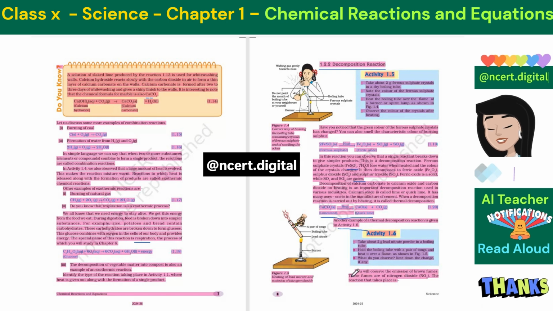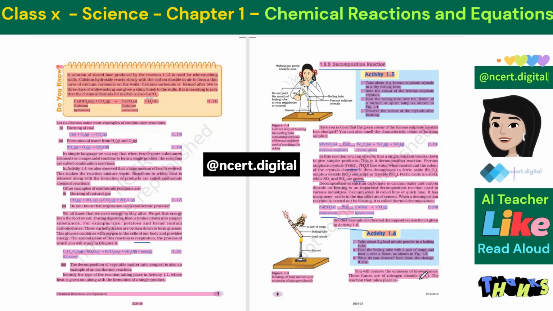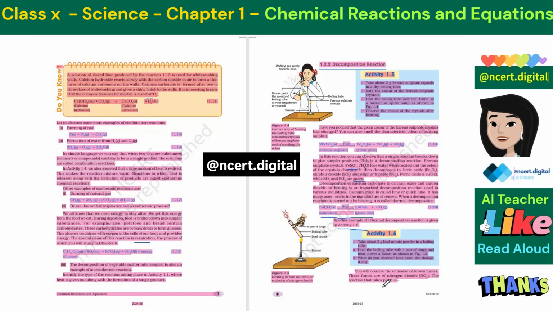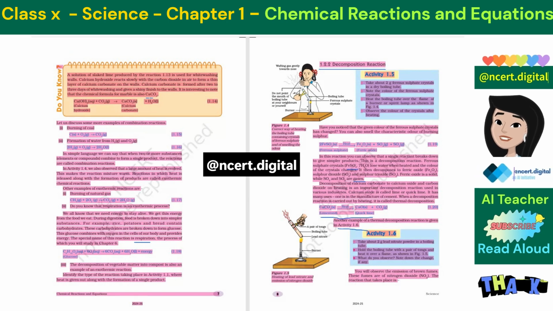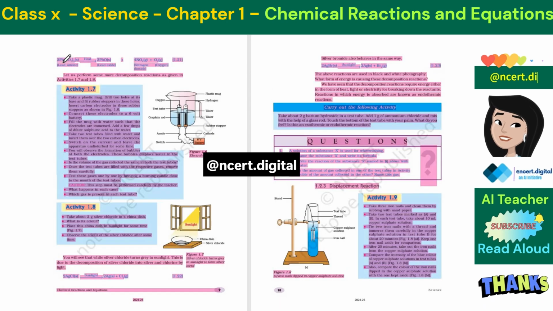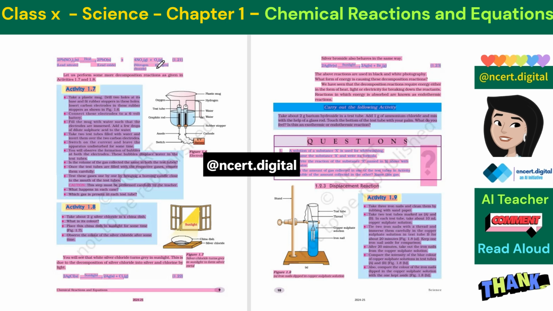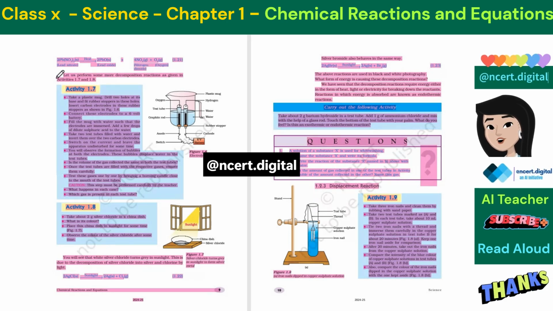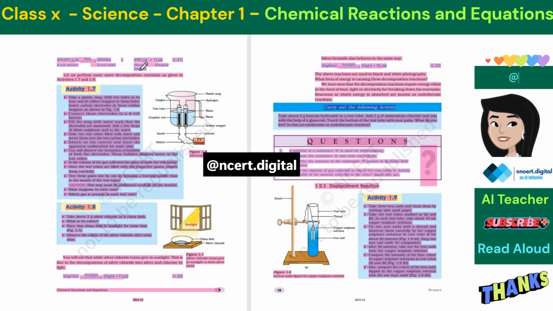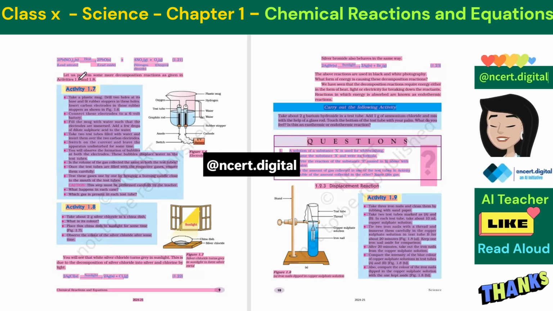You will observe the emission of brown fumes. These fumes are of nitrogen dioxide, NO2. 2Pb(NO3)2 (s), heat, 2PbO (s) + 4NO2 (g) + O2 (g). Lead oxide, nitrogen dioxide, oxygen. (1.21)